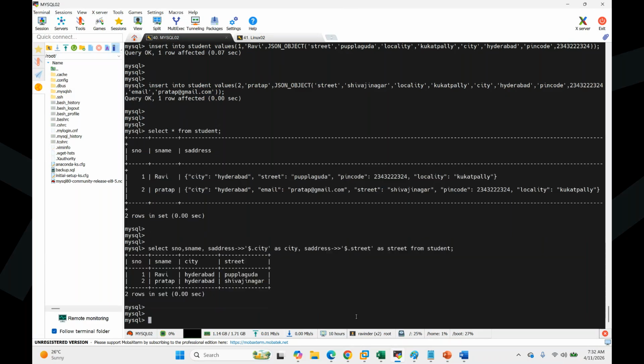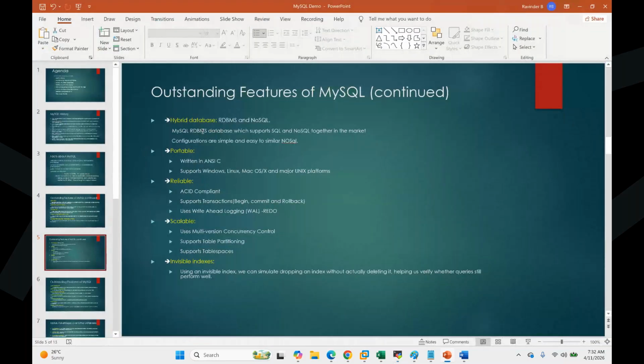This is called the JSON support model, where it supports the hybrid data model. It's a combination of SQL data, NoSQL data, relational and non-relational data together in one platform, which is supported by MySQL. It's one of the famous features, in fact. MySQL supporting JSON data is one good feature that we have in the market. And it's portable.